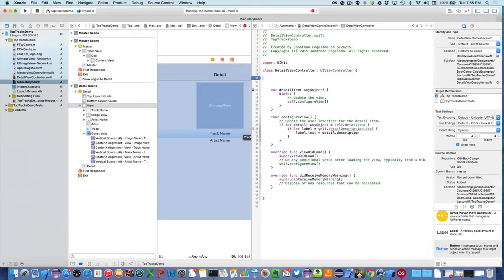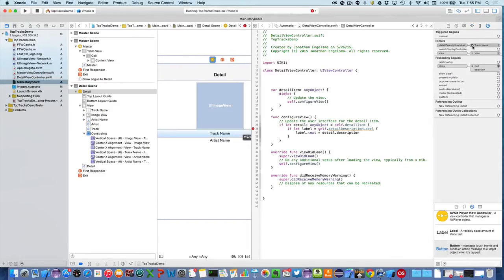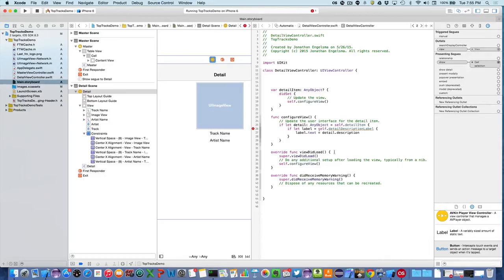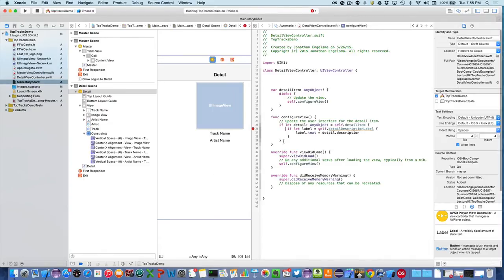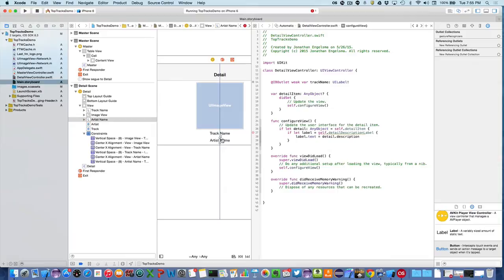Now whenever you do this, this is where you run into problems if you're not careful. Whenever you do something like this, you're always going to want to go back here, select your controller, go over here and make sure you get rid of it here, otherwise it will crash when that view shows up. Okay, so I got rid of that one, and we'll fix that in a second. So we'll say track name. This one is track name and this one is artist name,